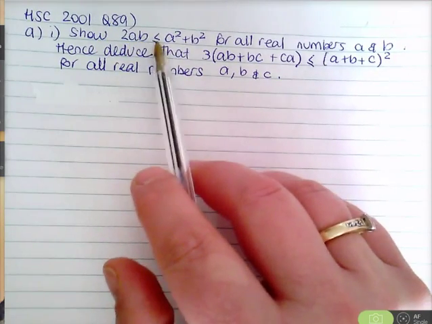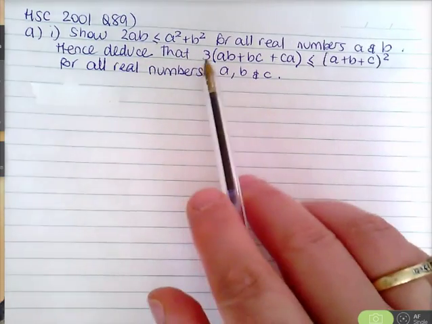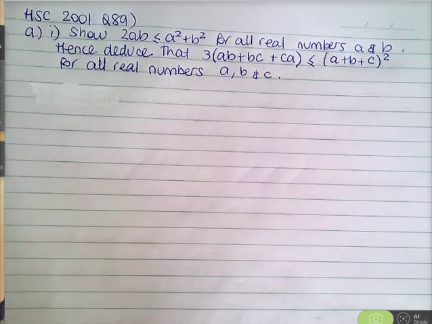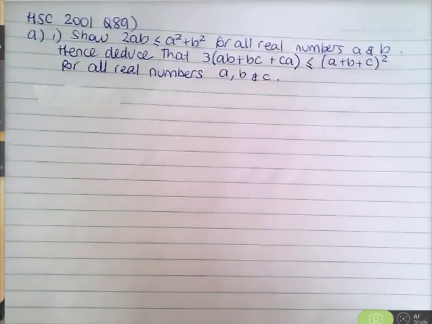Show that 2AB is less than or equal to A squared plus B squared for all real numbers A and B, and hence deduce that 3 lots of AB plus BC plus CA is less than or equal to A plus B plus C all squared for all real numbers A, B and C. If you could pause the video and attempt the question and restart when you're ready. Okay, now